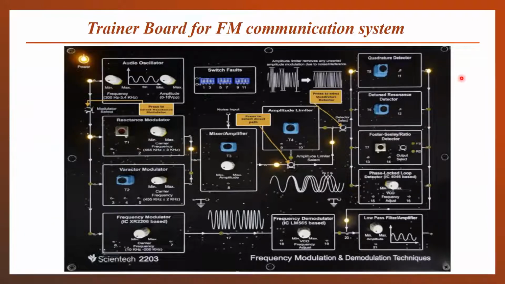Now, after the selection from the detector and the transmission to the detector, the FM demodulated wave is provided to the low pass filter, which will block the high frequency signal present in the demodulated waveform. The low pass filter will transmit the low frequency signal, our audio and the message signal which we have transmitted from our audio oscillator, and we can observe this waveform through the test point. The observations will be done through the test points provided in the circuitry.